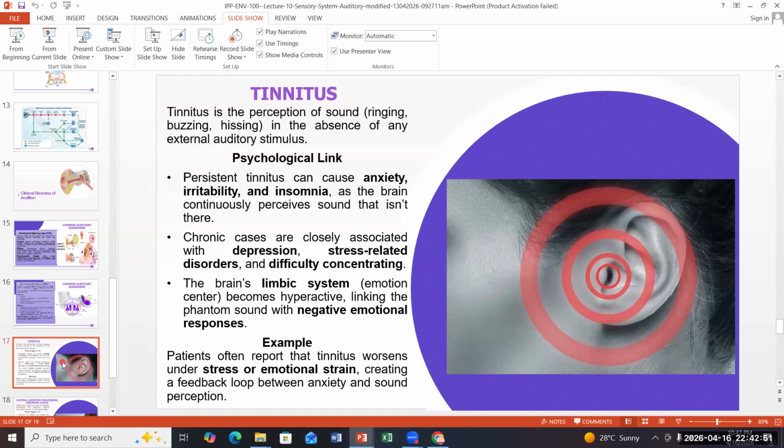If a tinnitus person is not stressed, there is a faint buzzing sound. But if the person is stressed, the buzzing sound gets louder and more frequent. So it will cause a lot of stress, and lead to anxiety, and the person does not feel comfortable to interact with others.